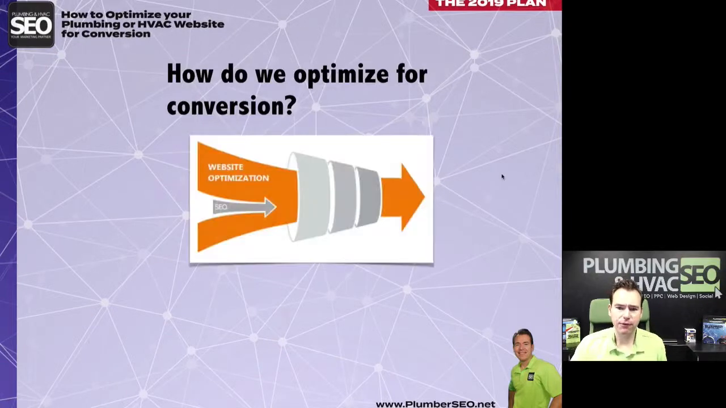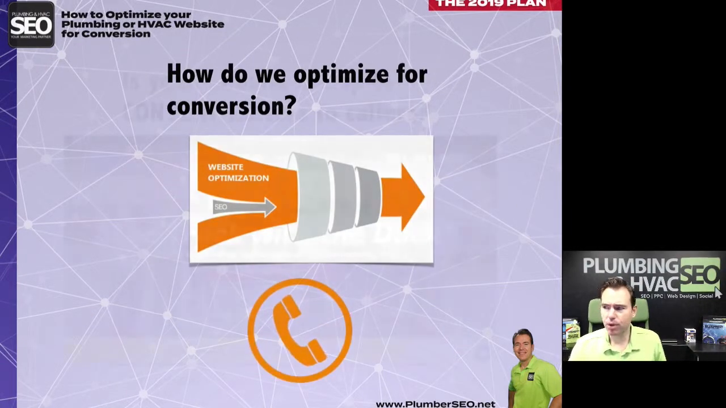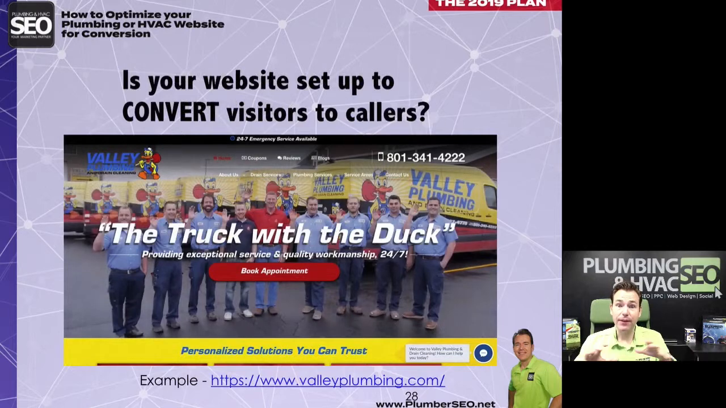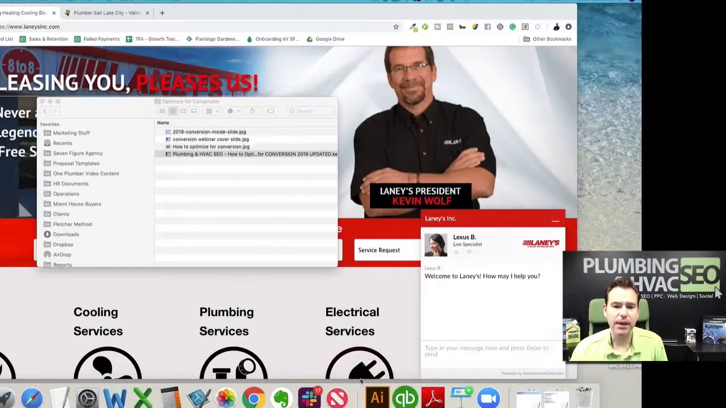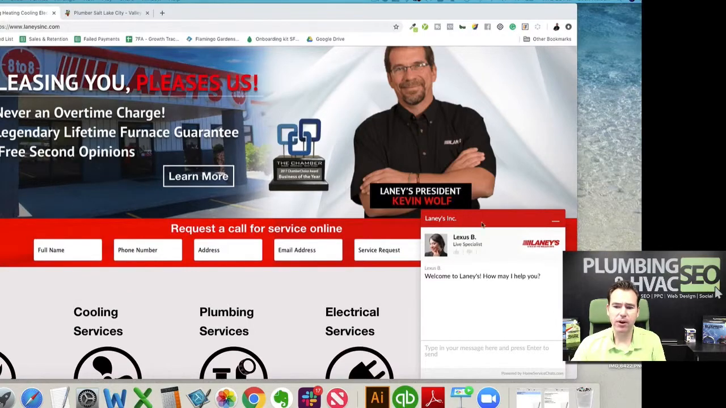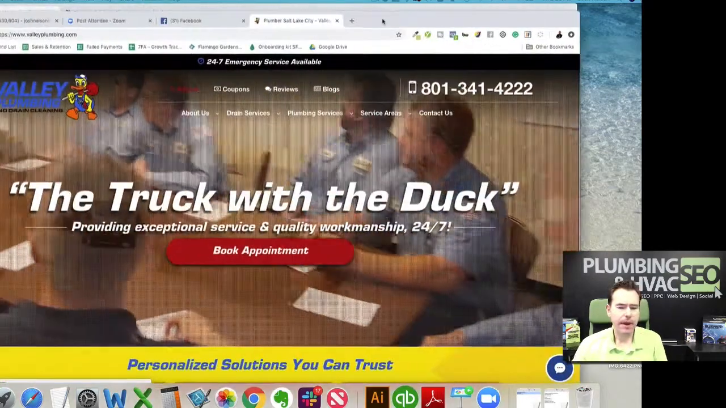So how do we optimize for conversion, right? So let's pull up a couple examples of this in the real world. We kind of looked at the steps. I want to look at some examples in the real world and show you the impact these conversion elements can have on these companies. So I'm going to pull up